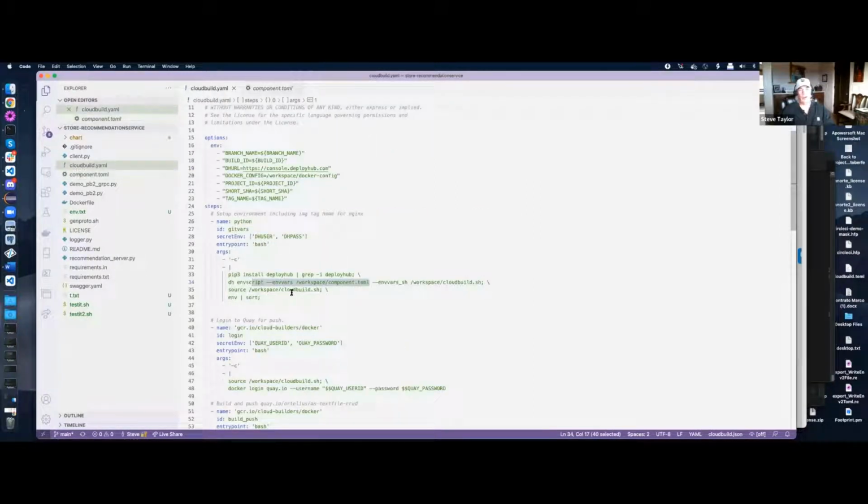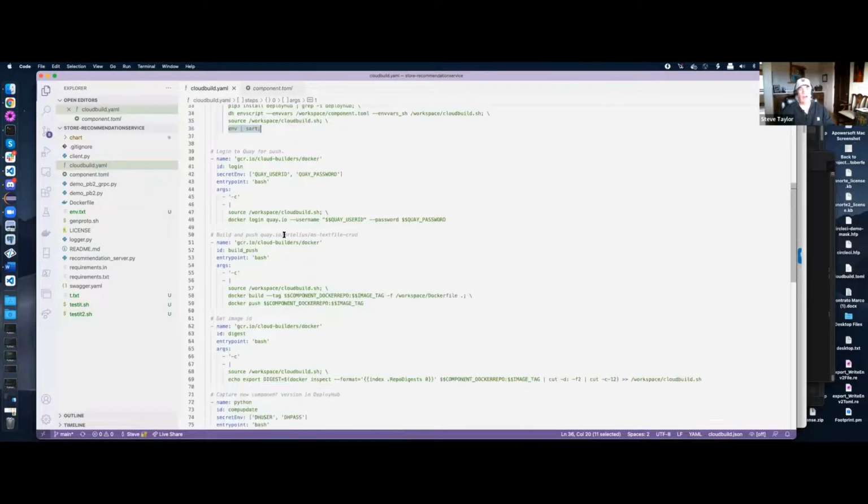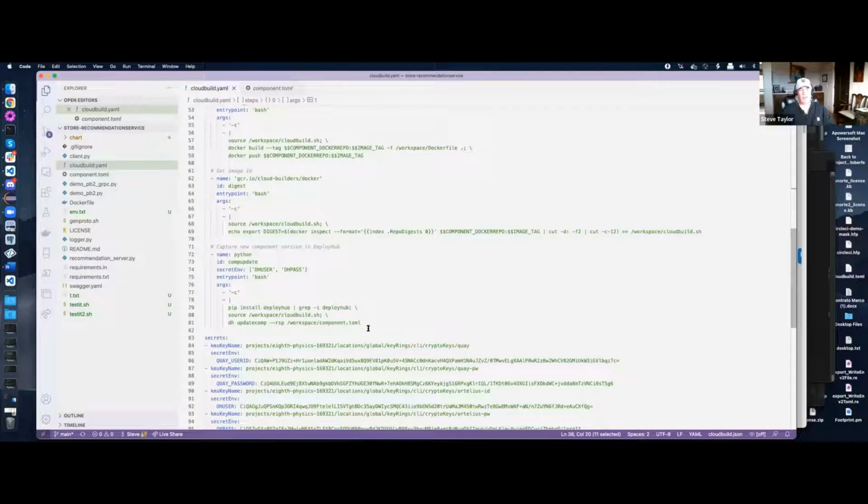So that's what we're doing at this level. And then we just source it and print it out so we can see what's happening, to make sure it's working at that level. When we do that, we'll go through our build, and then we get to our update component step, which again reads the TOML file and more information that was added on to the